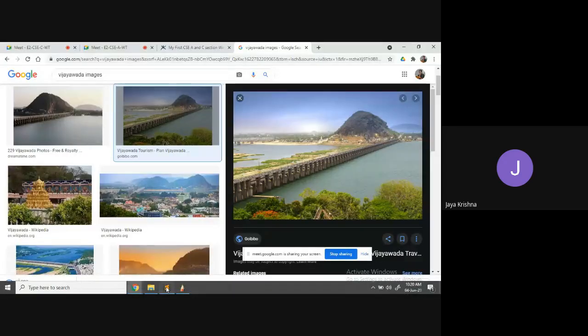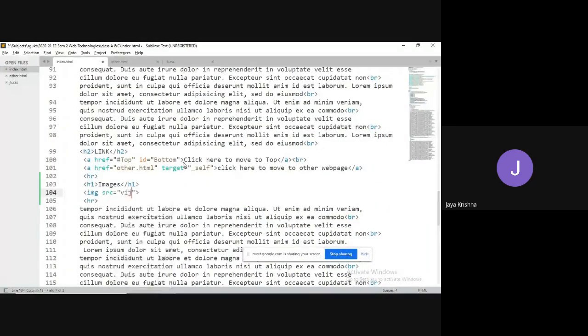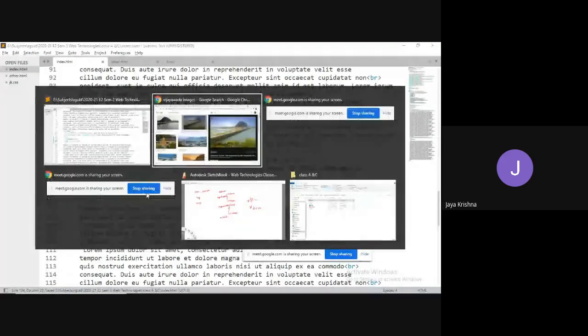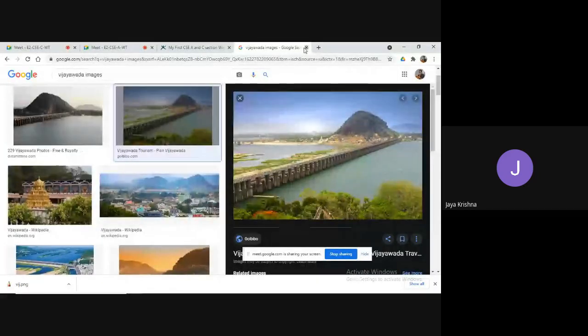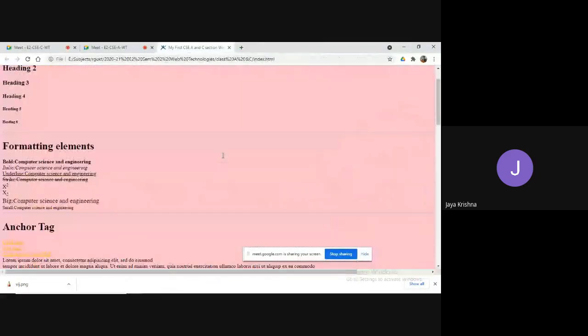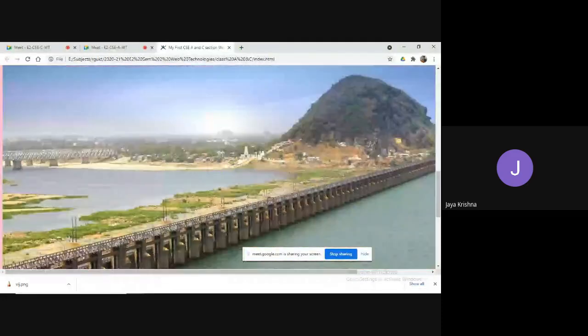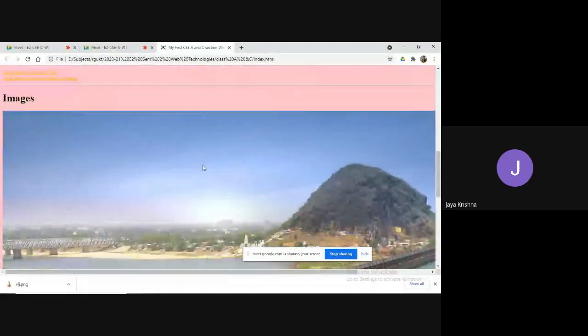Okay, so the image name is vijayawada.png. So the source attribute is meant for the type of image which you want to add to the web page. Okay. Let me close this. I'm going to refresh. I'm going to get like this. Right or not? So my image is inserted.